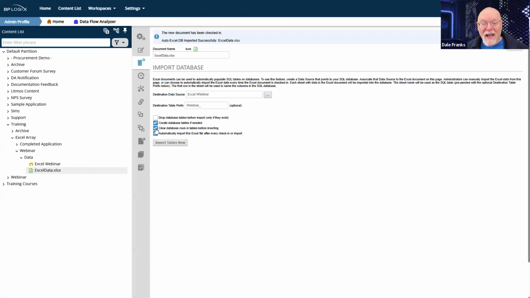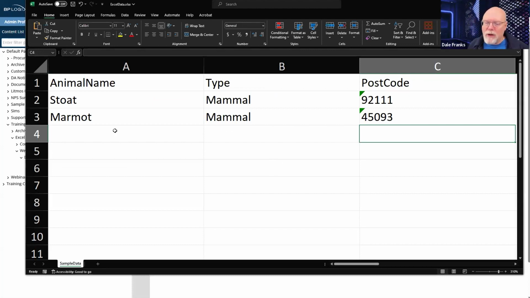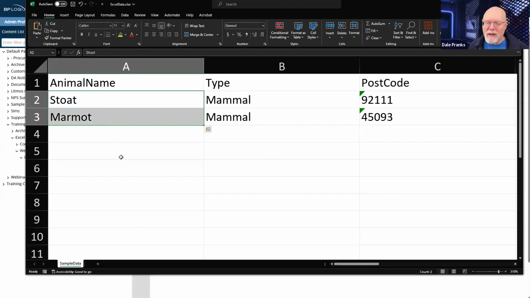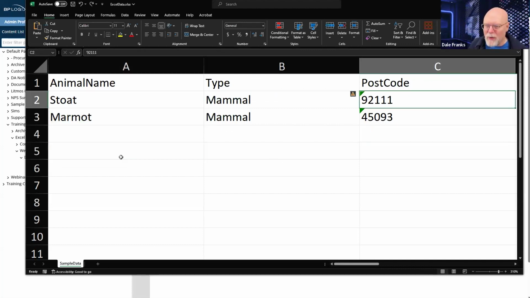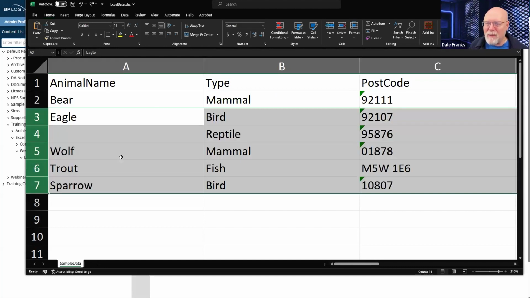Of course, that assumes the clear database rows, that assumes that whenever I do an import, it is also bringing in all of my original data in addition to any new data rather than just bringing in new data. So you got to keep all this stuff in mind when you're creating the template. But once you've got it created, and we're just going to assume that what I bring in is everything that I want to bring in, and I wonder how far I can Control Z my way out of this.